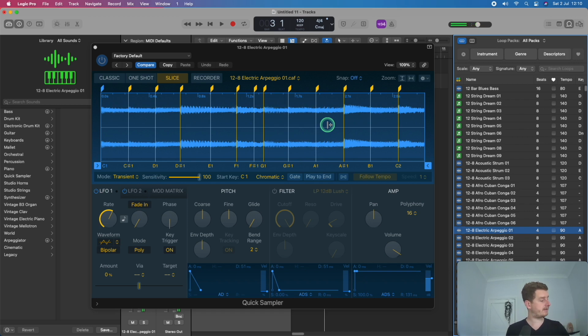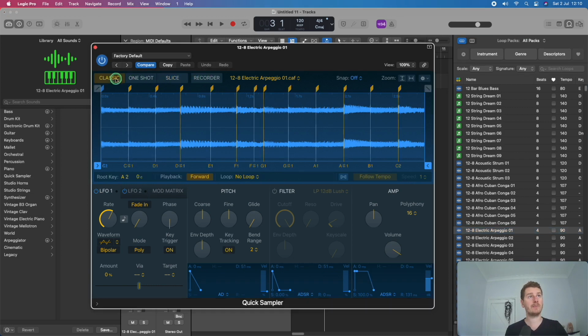So if I play any of these, it's quite cool. You can create new rhythms and new melodies out of old loops. It automatically goes onto this slice mode, but you've also got classic, one shot, and recorder. Classic,